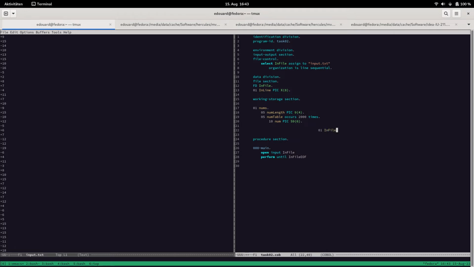In file state PIC X value Y, 88 in file EOF value, let's call it X. Read in file at end, set in file EOF to true, not at end,